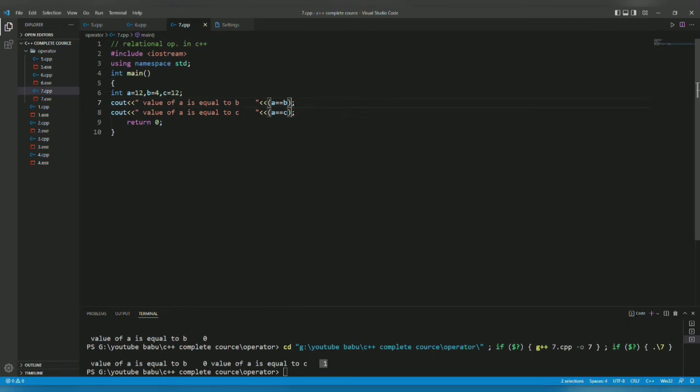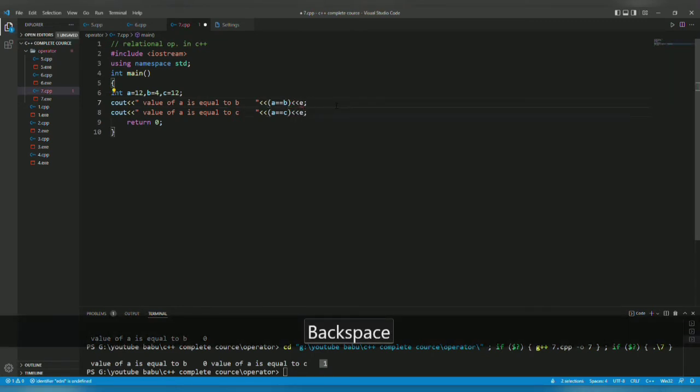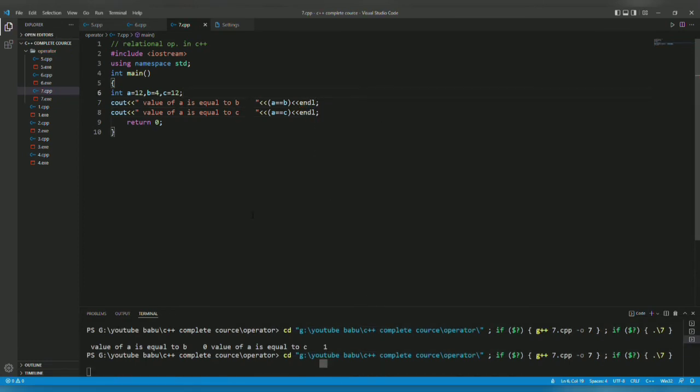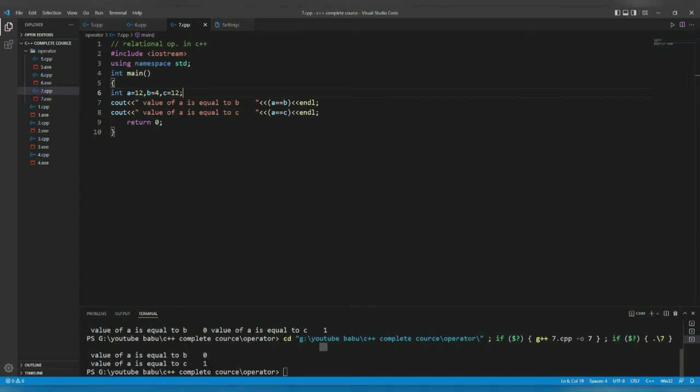I will type endl at the last, endl for the new line. Now you can see the value is coming as 1. So this condition is true, that is why it is giving the value as 1.